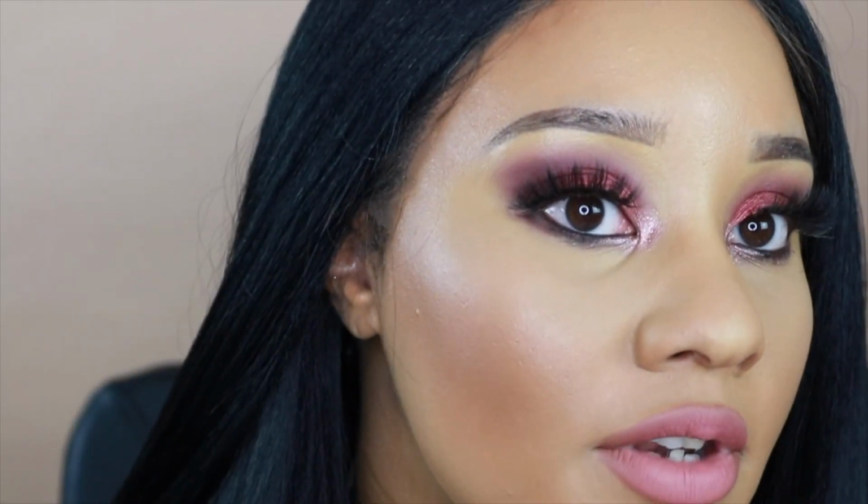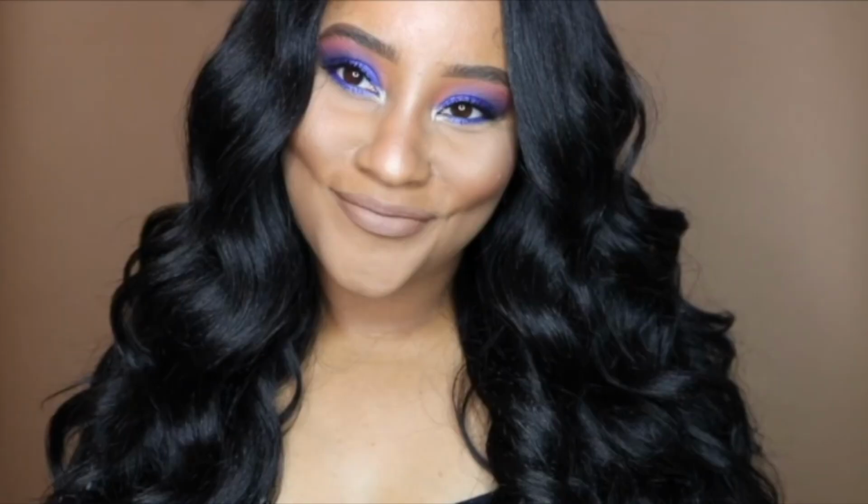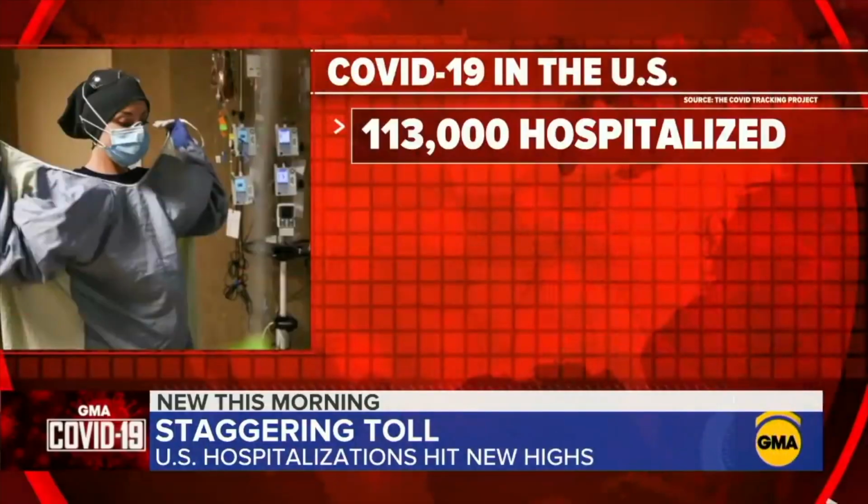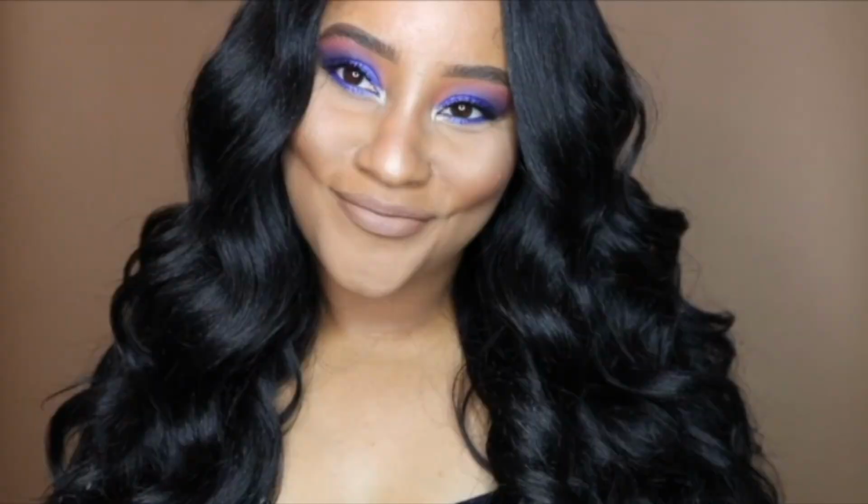I love this foundation. Like most of us, I've had a pretty insane year. Fire catastrophe in Australia. This is a global pandemic. Kobe Bryant has been killed. Thousands have gathered to show solidarity with... Across the country, over 113,000 Americans are hospitalized. In addition to all of the chaos that 2020 decided to shell out this year, I also found out that